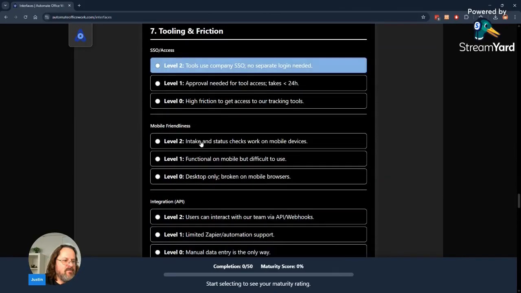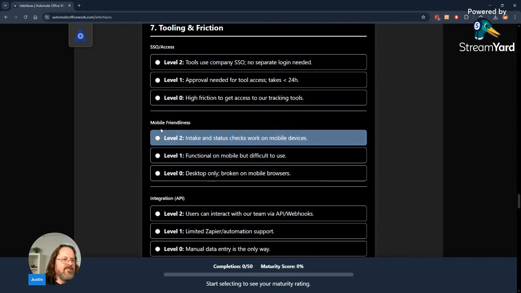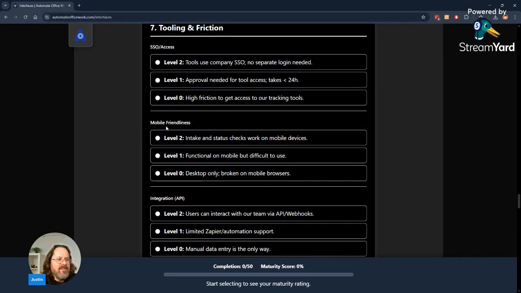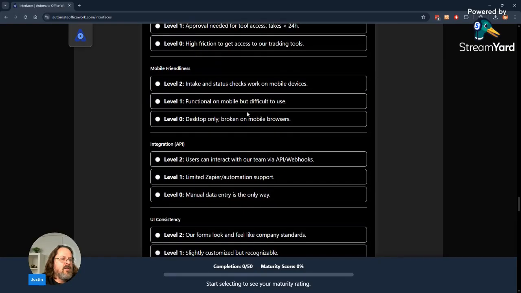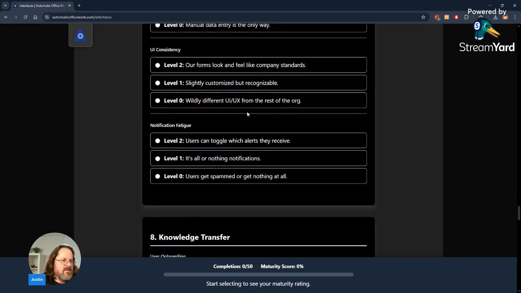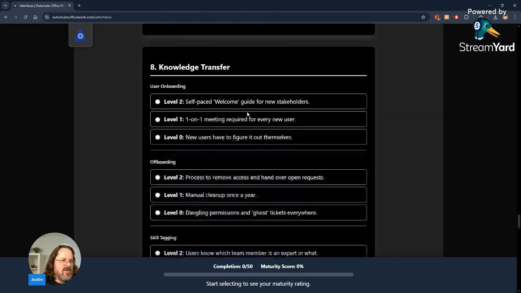Then tooling and friction. Even inside of here, there's one for mobile friendliness. Are your interfaces available on mobile devices? Are people even asking this? Because so much work is done now on the go, and we all have mobile phones with us. Why is your form or your interface only available on a desktop computer when we're all on phones traveling around and such? So yeah, knowledge transfer,